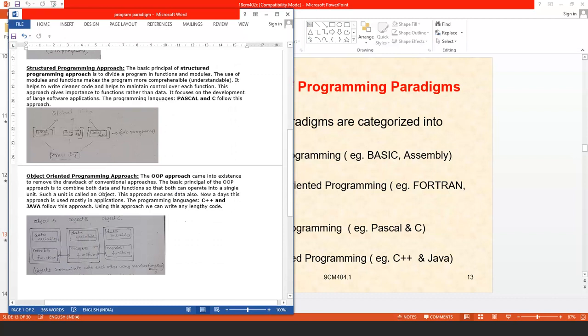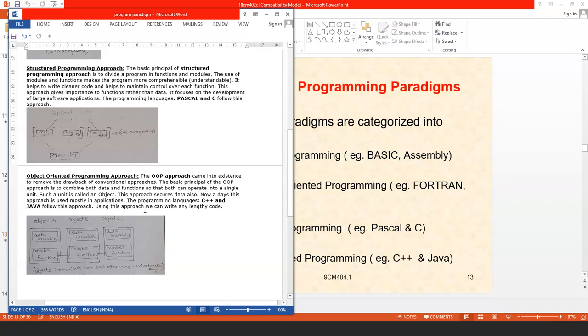The OOP approach came into existence to remove the drawbacks of conventional approaches. The conventional approaches are the above three: monolithic, procedural, and structured programming approaches. The OOP approach was invented to overcome the drawbacks of the conventional approaches.